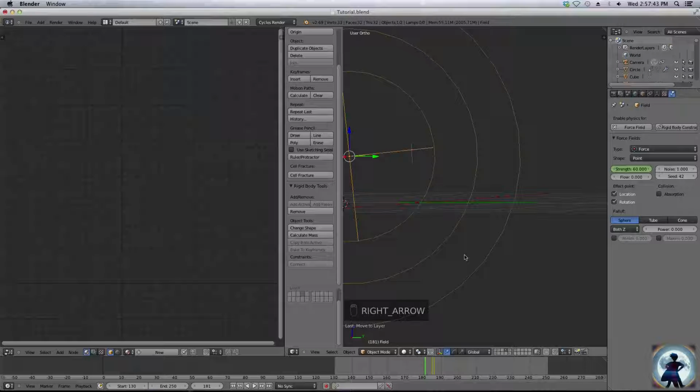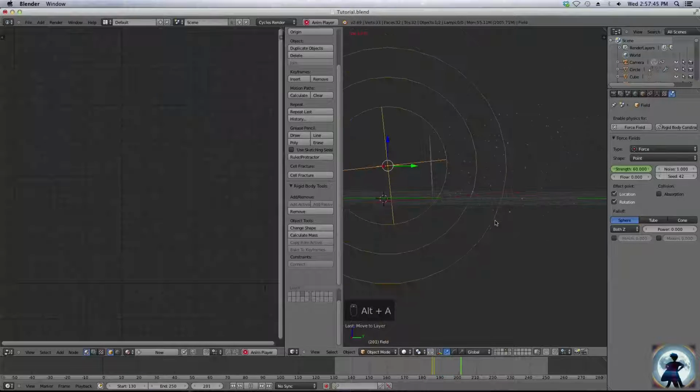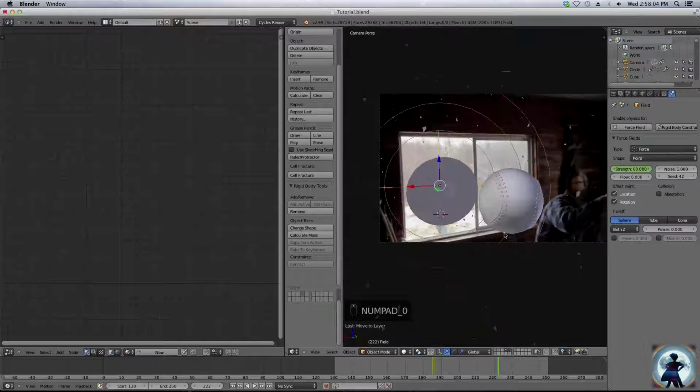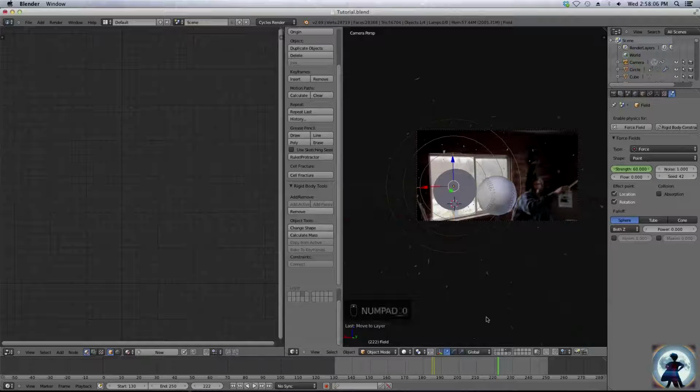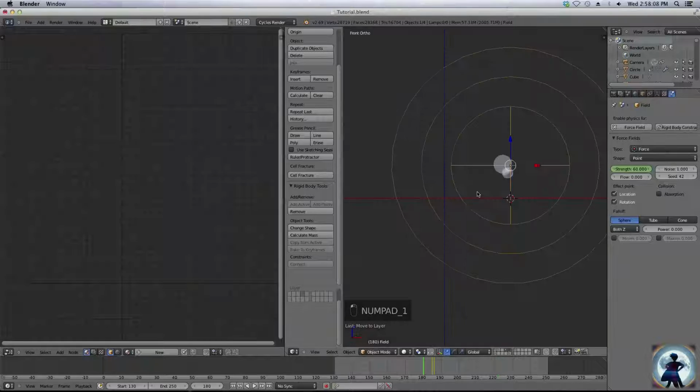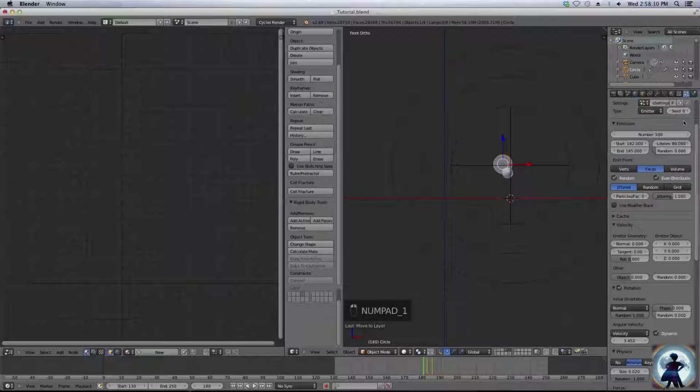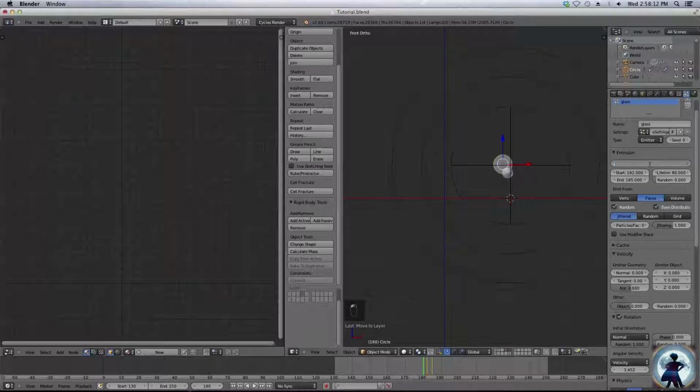So let's try that, and you can see you get that frozen effect. Ta-da! Now it might take a little bit of adjusting to get it to match up with the ball stopping, but that looks actually pretty good. Let's try it one more time. Boom. Perfect. Alright, so now if you go to the camera view, you can get those shards all over the place. And if you wanted, you could add a few more,